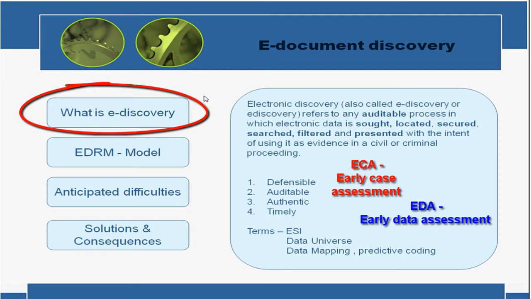Just like you would formulate your case theory in criminal litigation, you are also required within the civil litigation end of things to determine what your case theory is and what your likely class of evidence would be to support